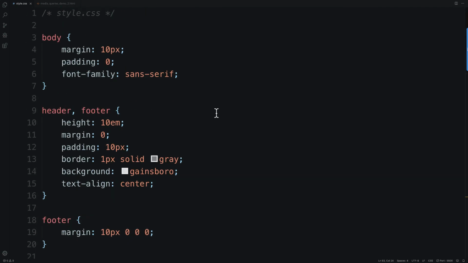Again, go over this a couple times. Look at the code. Play around. If you have